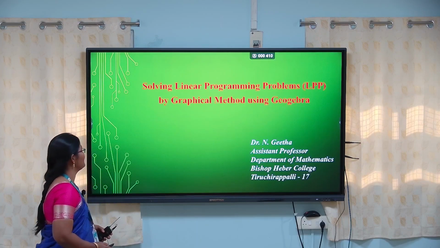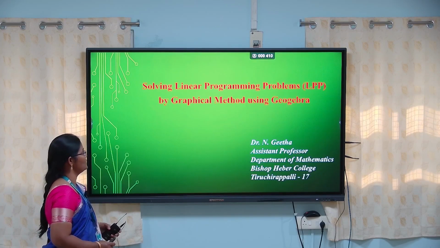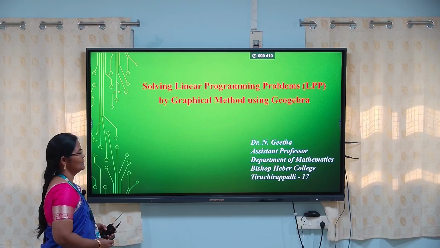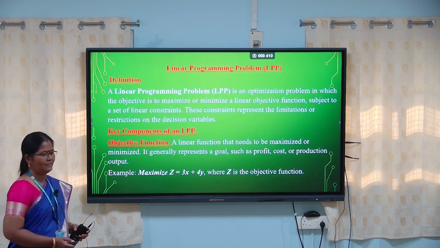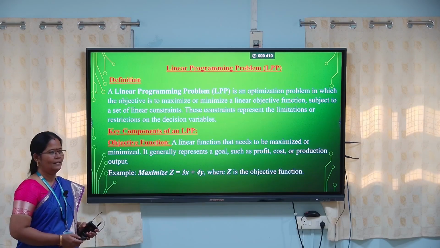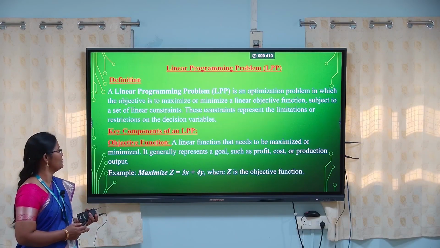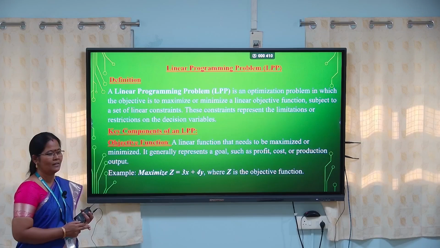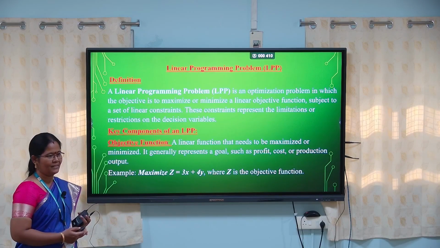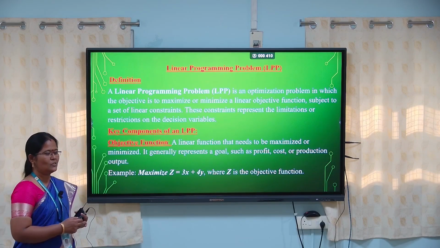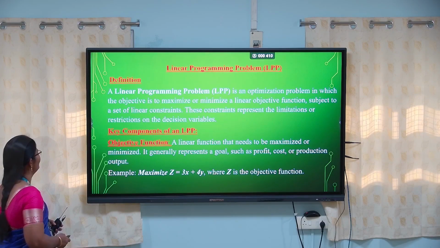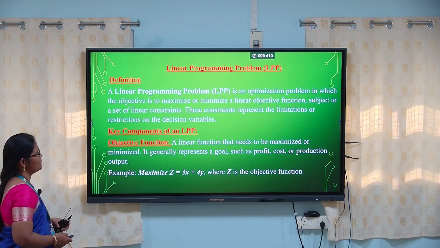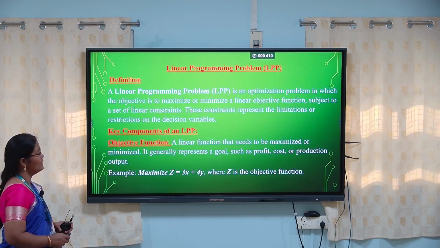Today I am going to talk about solving linear programming problems by graphical method using the software GeoGebra. Before going into the topic, we first learn what a linear programming problem is, then how to solve a linear programming problem using the graphical method, and then how to use GeoGebra to solve it. A linear programming problem is an optimization problem in which the objective is to maximize or minimize a